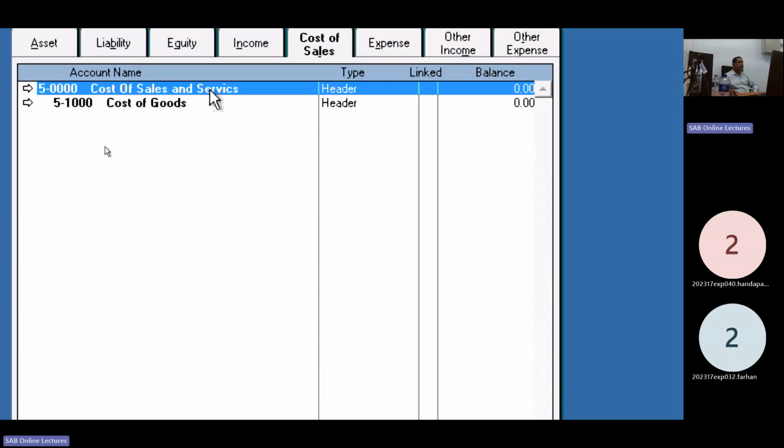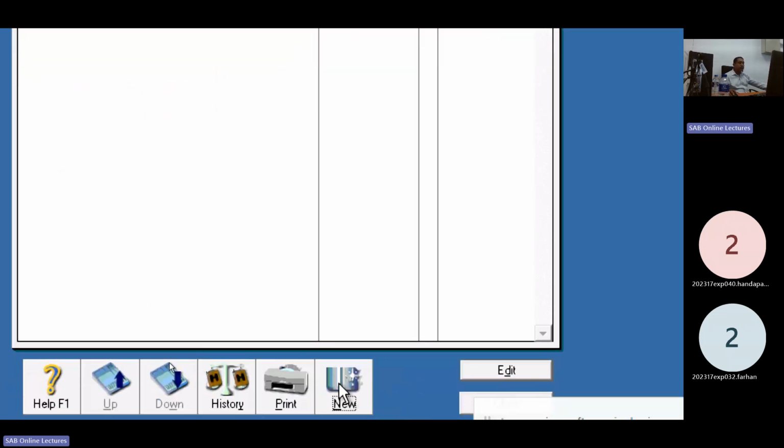Cost of sales and service, cost of goods. Under that, we will create another header account. I'll show you 2,000 cost of sales, cost of service.